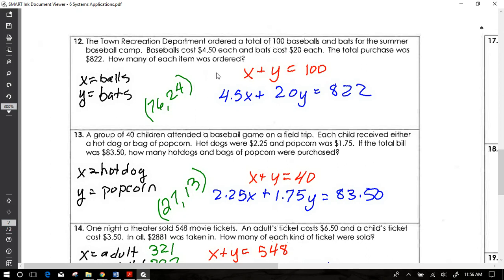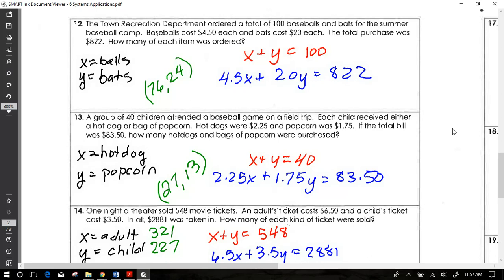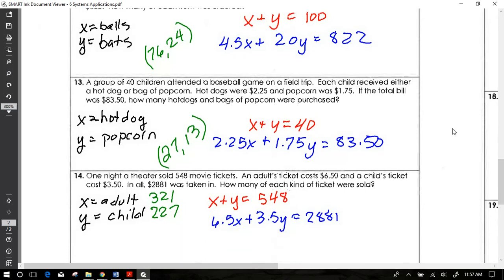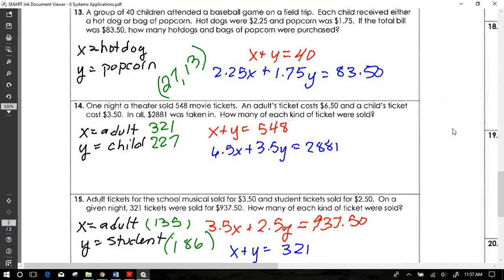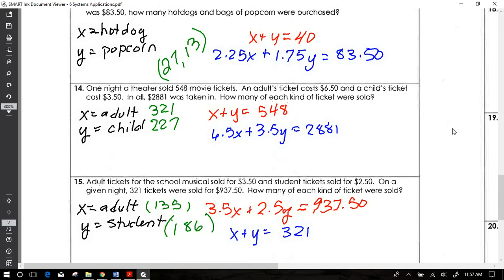We actually found the solution in the Desmos calculator, and I wrote the solution here. But you do have to know that X is 76, so there were 76 balls that were purchased, okay? Or baseballs, whichever one you wrote down. So go through here, check your answers for these first 4 problems that you've done on your own or with a partner, okay? And then we're about to do number 16